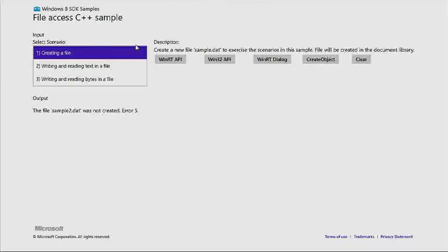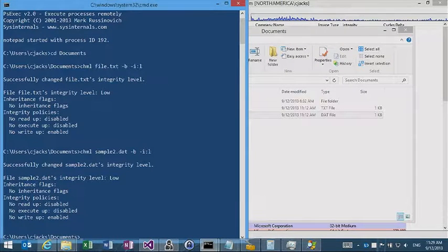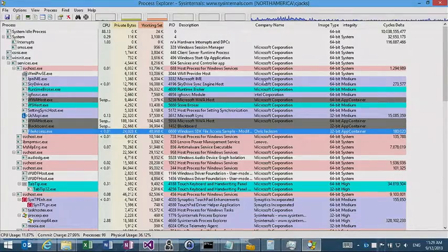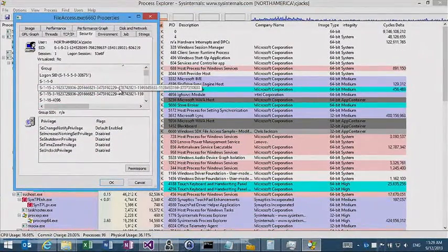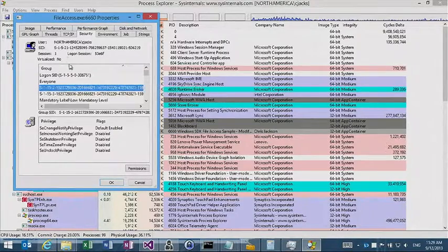So I go back over to my demo application, and I find that I still have error 5, access denied. So it's not just low integrity. Now we've got to start building up walls. Those walls are what we call the app container. So in addition to having integrity levels, we also have for each and every single Windows 8 application,